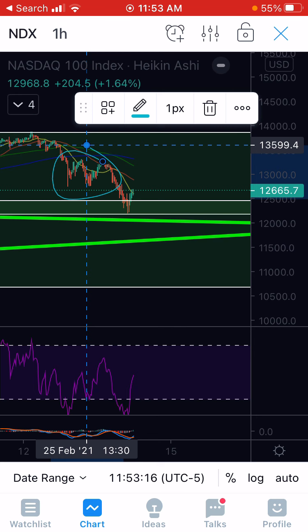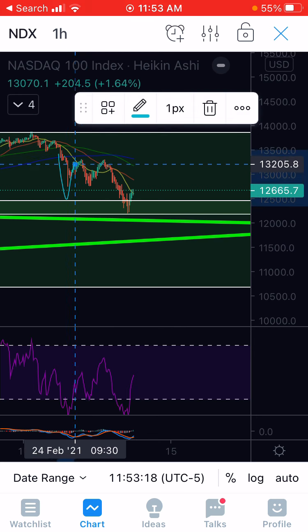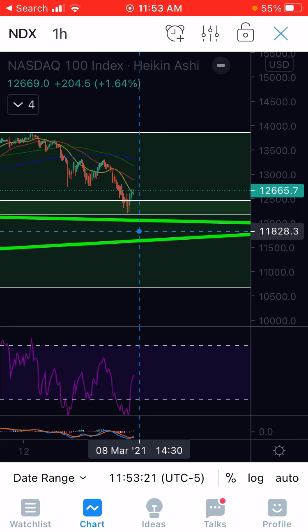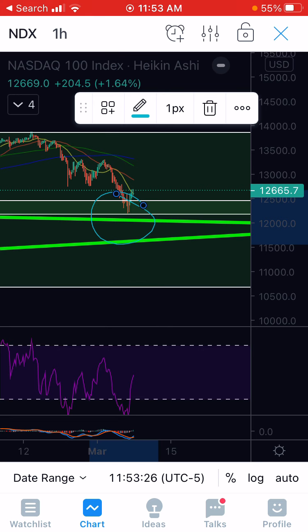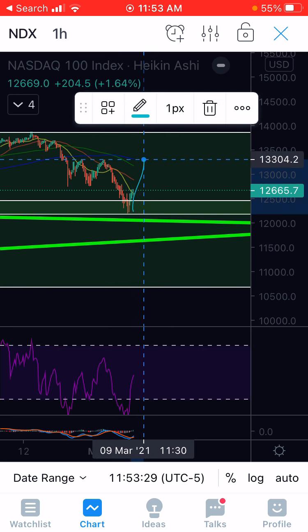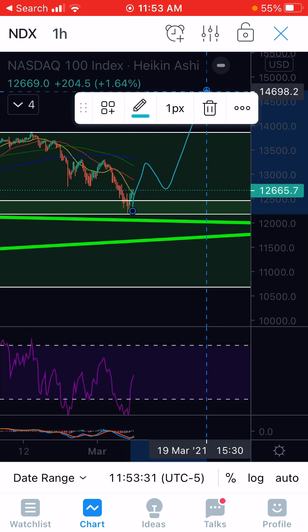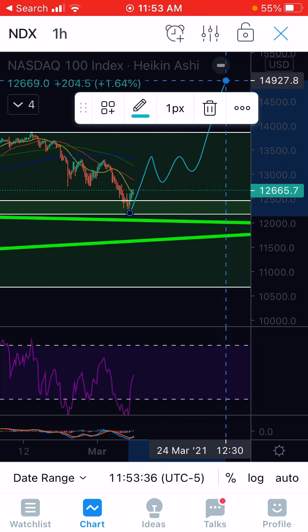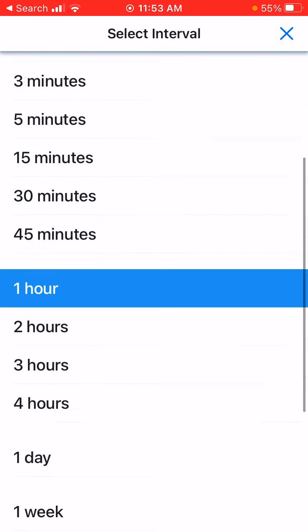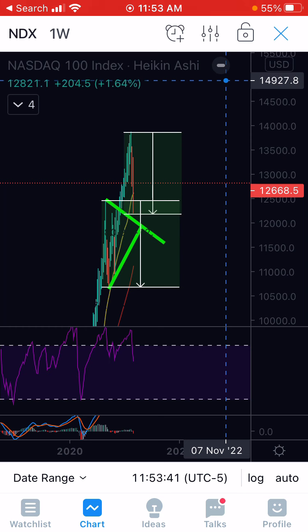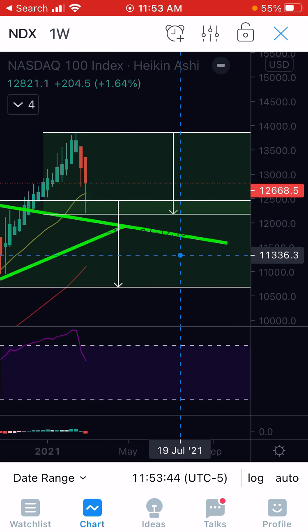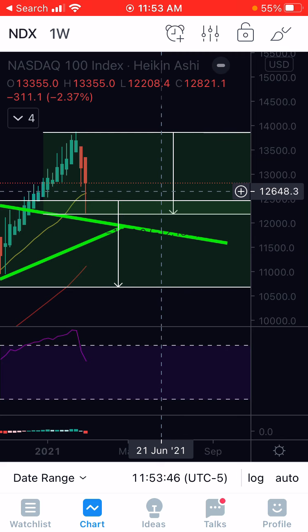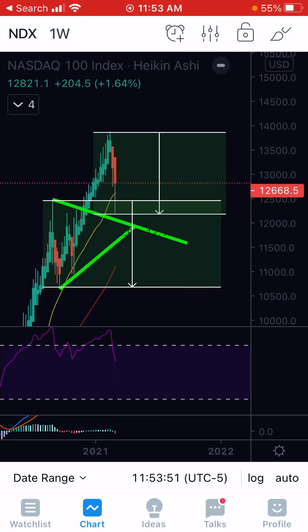Of course, you can get W's and still fail, because we had a W here, but that actually created a right shoulder. Now we don't have any signs of any head and shoulders pattern. If this is in fact going to be the bottom here, maybe we'll come up and create an inverse head and shoulders, or come up and create a shoulder there. There's a couple different ways this can happen, but for now I am still bullish on the fact that we closed, and I was actually jumping for joy, above 12,630. So that to me was a good sign.